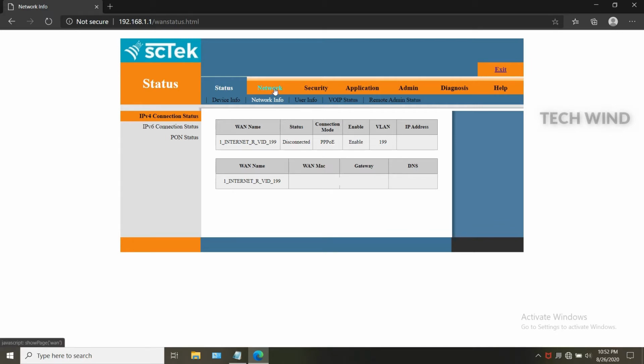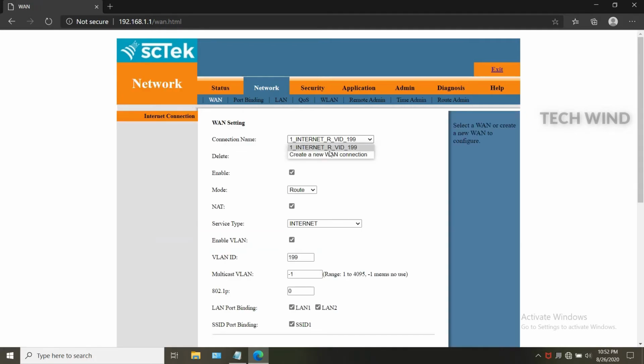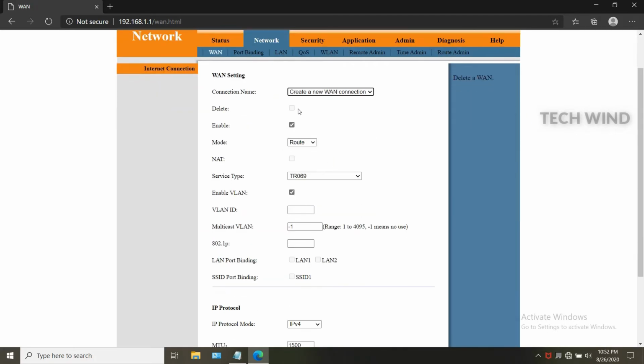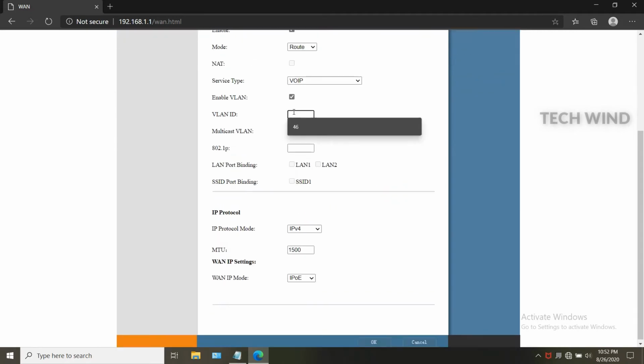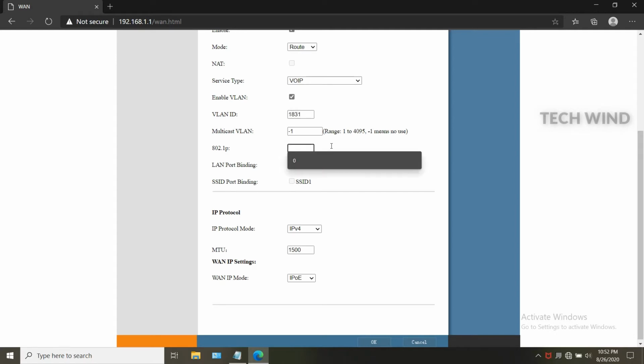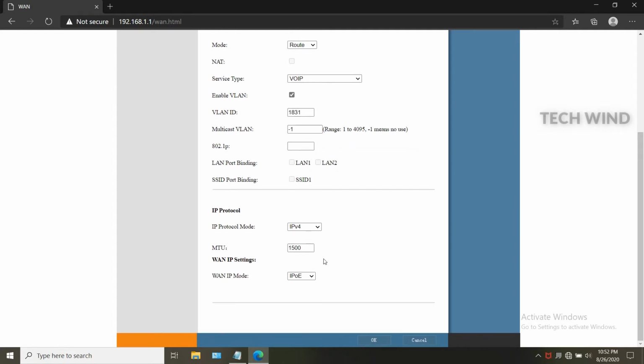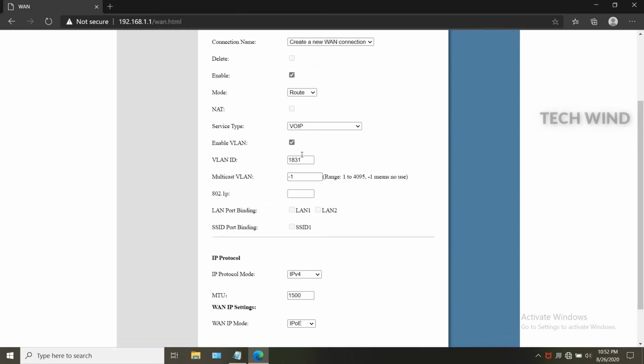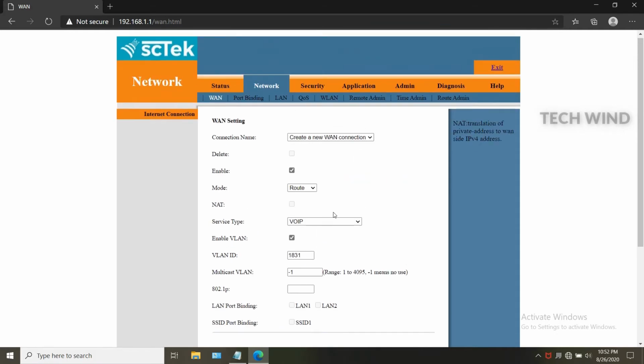Now for voice WAN, again go to network, click create new WAN, mode route, service type as VoIP. In case you want to use the voice in mobile, service type should be VoIP, internet. Click enable VLAN and enter your voice VLAN, which is common for all users and is of only 3 types: 1830, 1831, 1849.